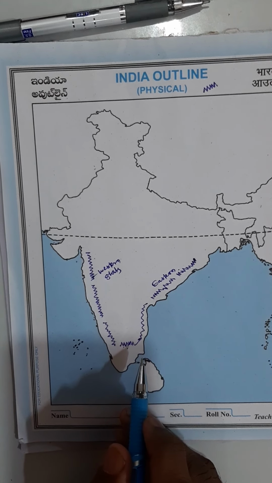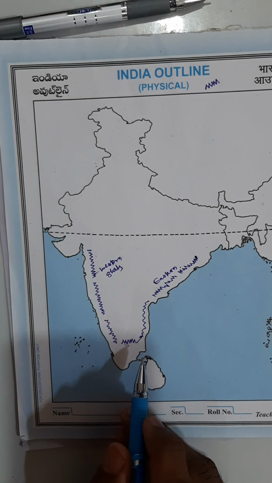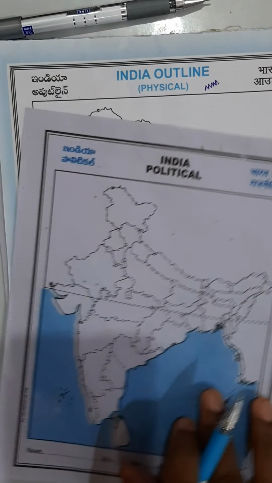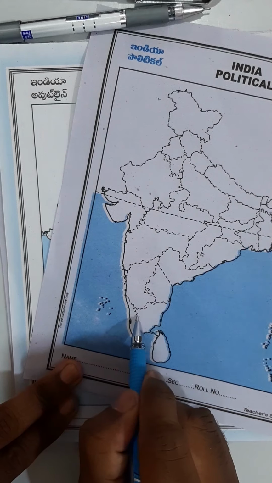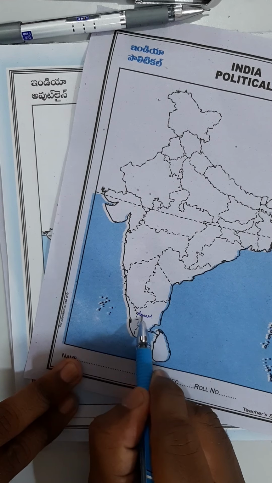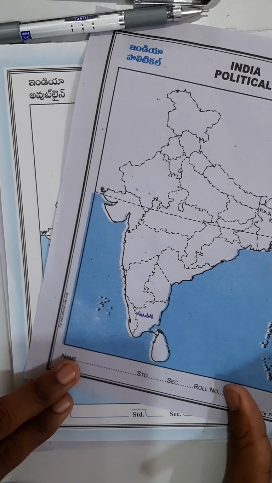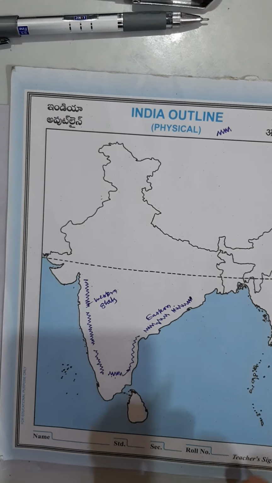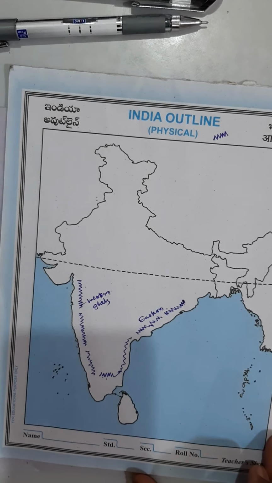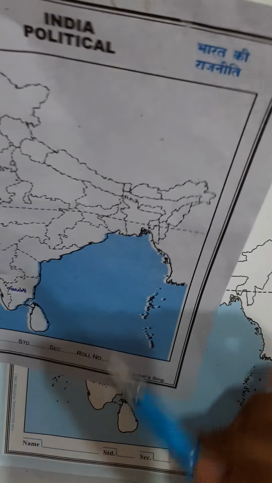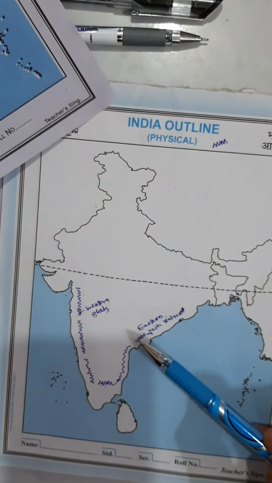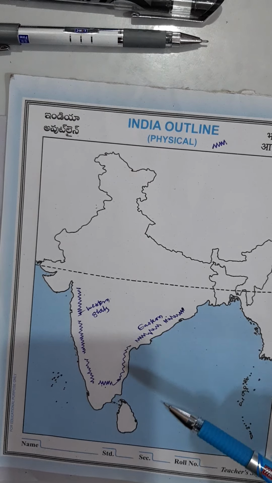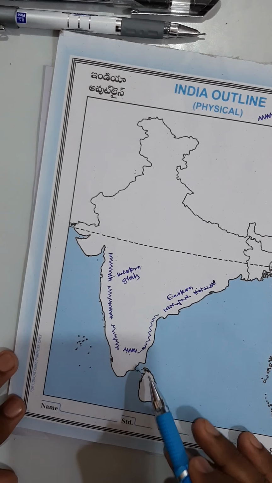If you are locating the same thing in the political map, it is different. This is the political map, you are locating somewhere here. But in your examinations, no one is going to give you the political map. You will be given only an outline map. So pointing in the outline map is difficult when compared to the political map. In the political map everything is divided, but here it's not divided. You have to locate only on the outline map. So to locate in the outline map, what technique you have to use? You just use the edges.